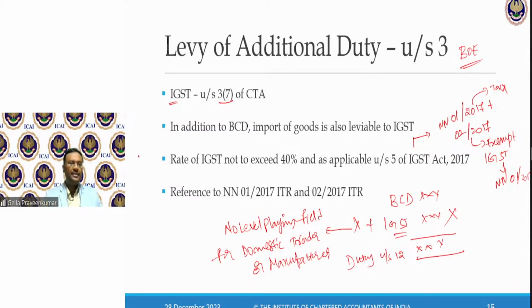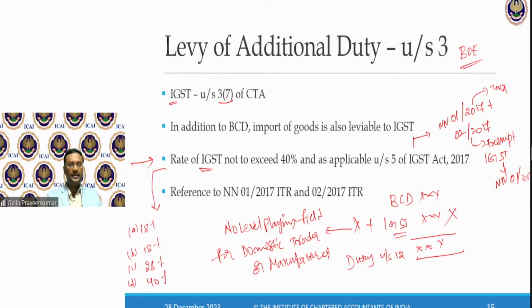Examination, 1 mark MCQ from this particular provision. Under Section 3, Subsection 7, maximum permissible IGST, they will give 4 options. What are those? First option, 18%. Second option, 12%. Third option, 28%.